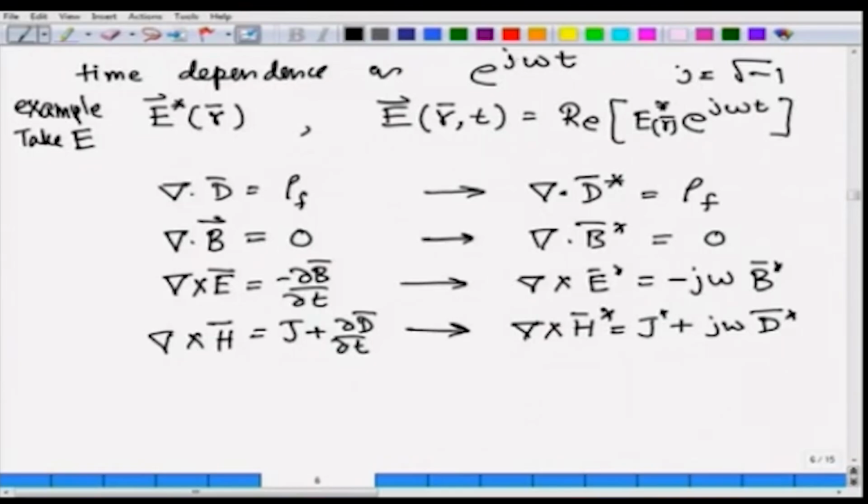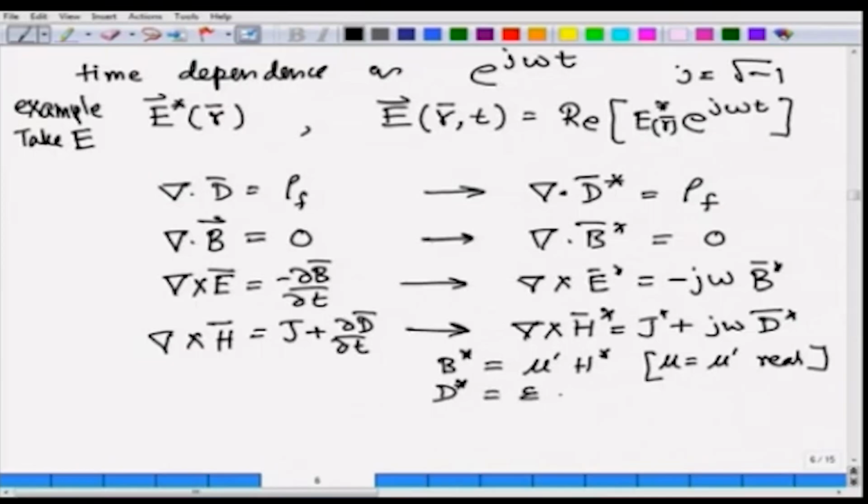In addition to that, this is the constitutive relationship, B star is mu prime times H star, means permeability. There is no magnetic loss, otherwise we would have written this quantity also as complex. So we are taking mu as equal to mu prime, that means real, whereas D we are going to write as